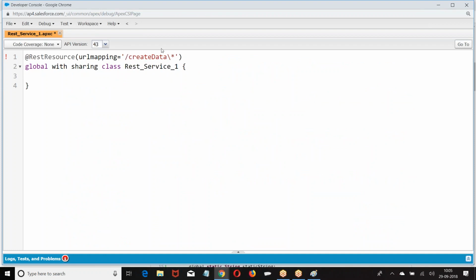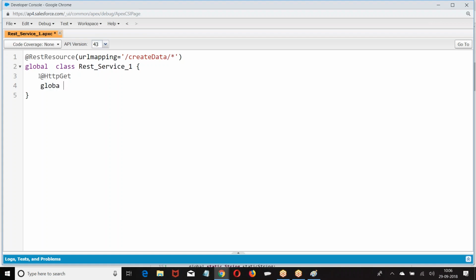Now I'm referring to this class with URL mapping, create data. The name of this class I'm calling create data. Now if I don't give with sharing, and I'm writing a class, let us say @HTTP global string.